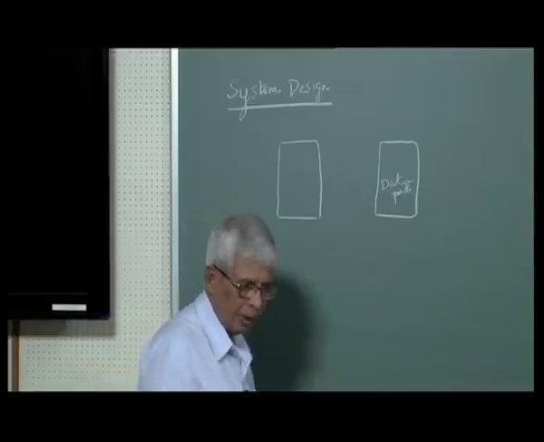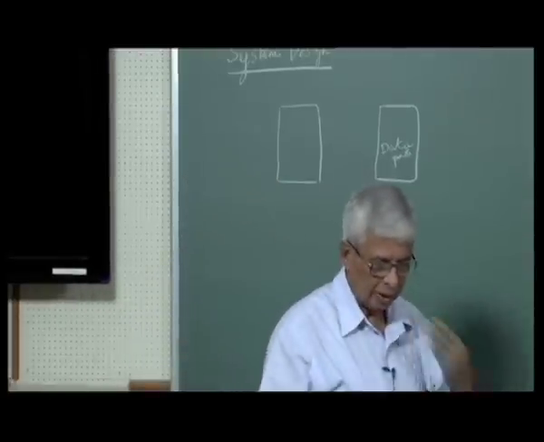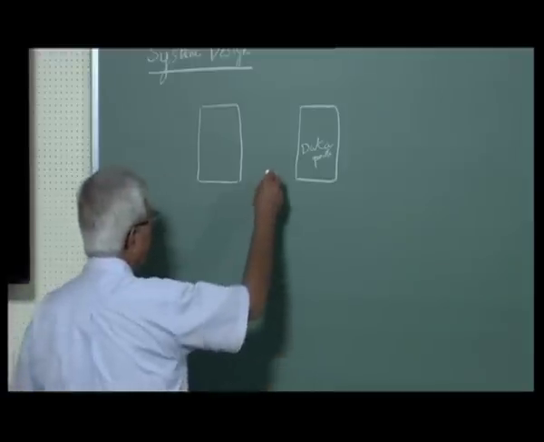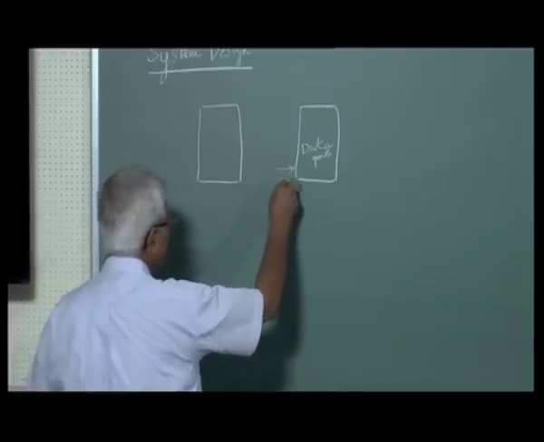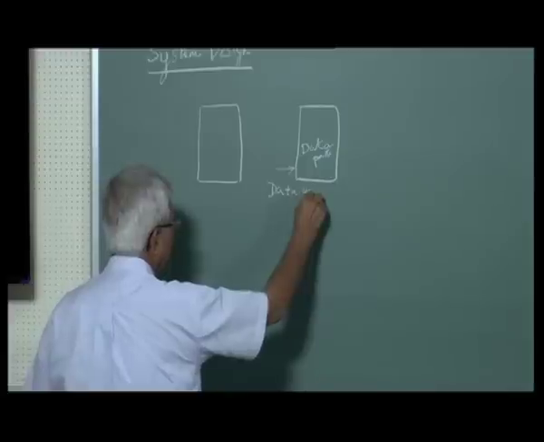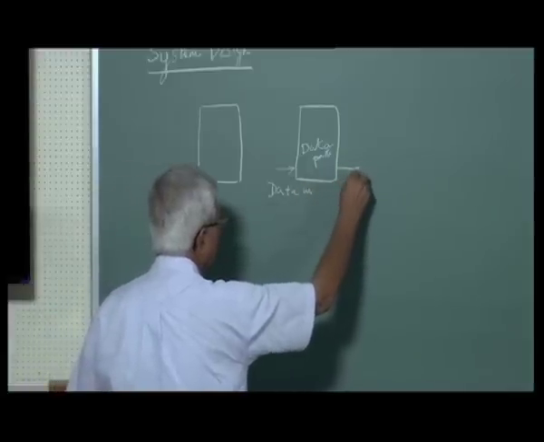In the case of the multiplier example that we did last time, it consists of an adder, shift registers and everything. So the data path has data input, data out,